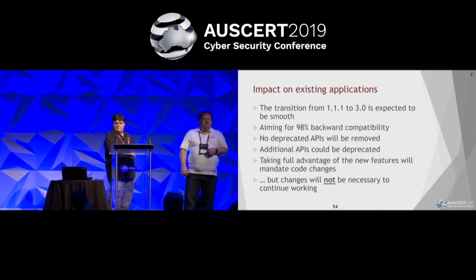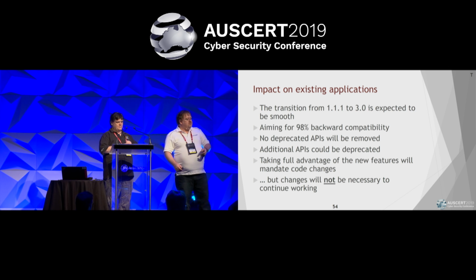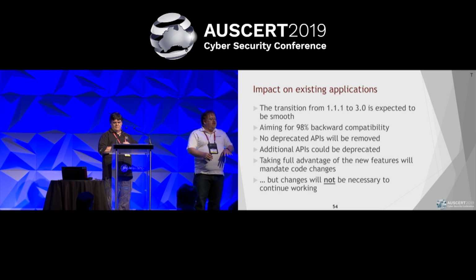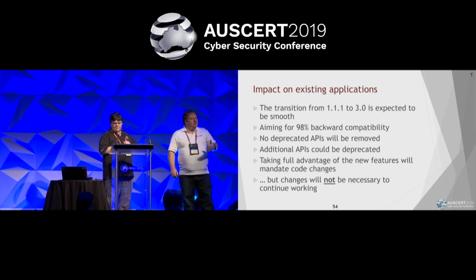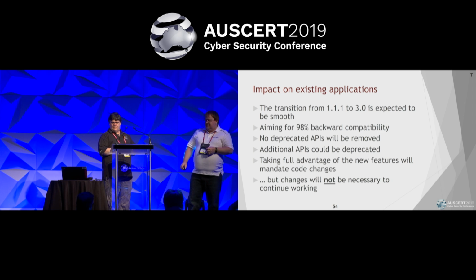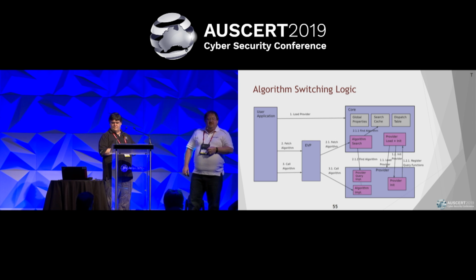And the idea is we're going to do this without irritating our user base. It should be as simple as when you get the 3.0.0 distribution, you take your code, you type make, you're done. It's finished. One recompile and nothing breaks. Now, that's assuming you've made it up to the 1.1 release. As long as you've made it to 1.1, the 1.1 to 3.0 transition, we're aiming for it to be painless. And internally, our switching logic is kind of a bit like this, and that evolves over time.